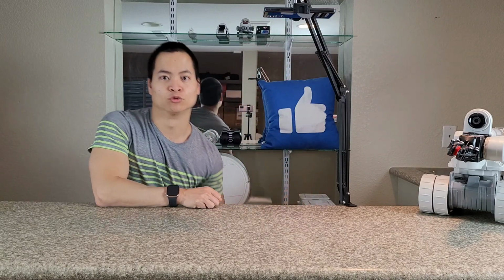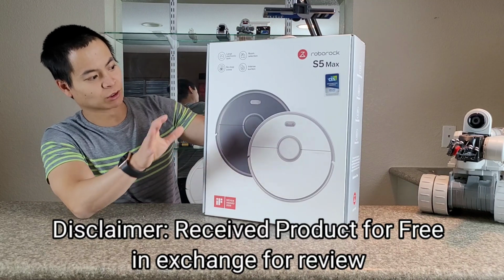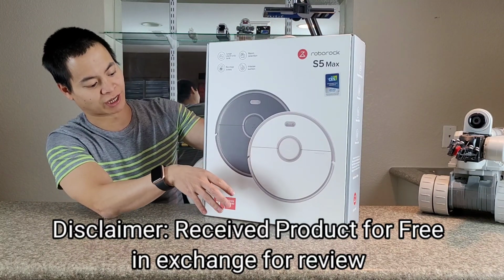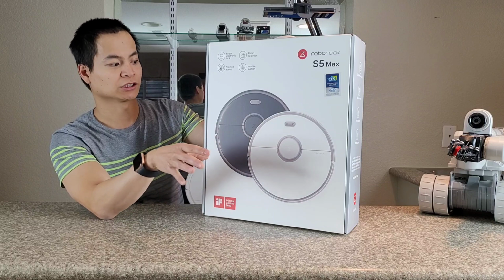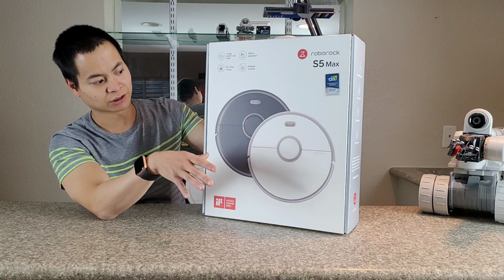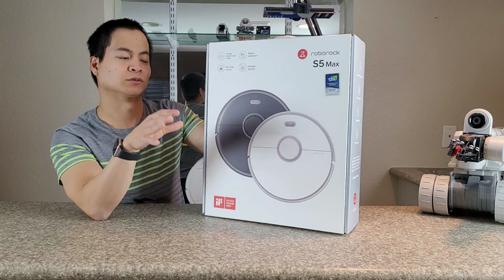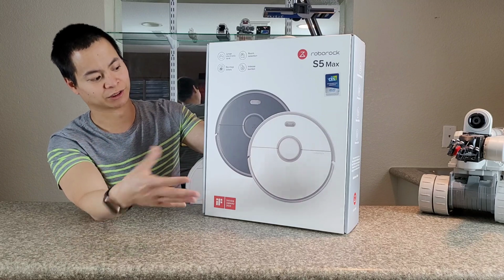We got the Roborock S5 Max. Yes, do you guys remember this guy? This is probably the most popular vacuum I reviewed on this channel, and now we'll bring it back. Now, there's a couple great features about the S5 Max that made this a really strong competitor, and it's still one of the best robot vacuums in my personal opinion, if you don't necessarily need the self-washing, self-emptying, or that